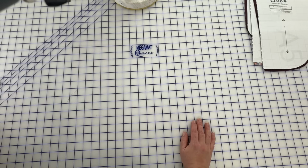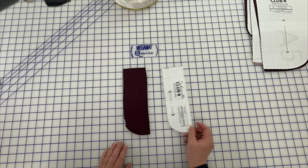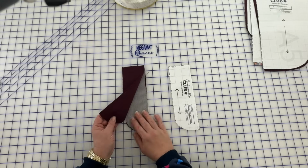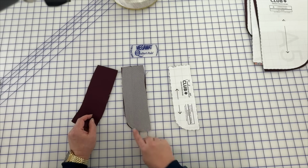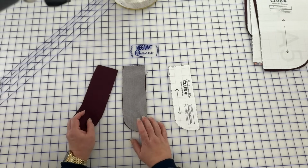Piece 9 is your fly facing. Okay, this one gets a little tricky because we need to interface one side, but you want to make sure you interface the correct one. So you cut 2 of these out. You want to interface this one. So see how the piece that goes this way, you want the interfacing on the back. This is the wrong side, but you want to make sure that you have it orientated the correct way